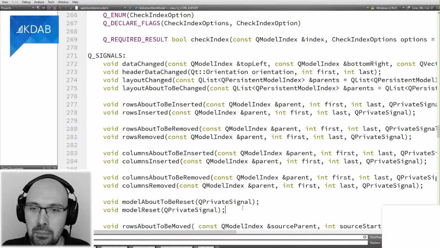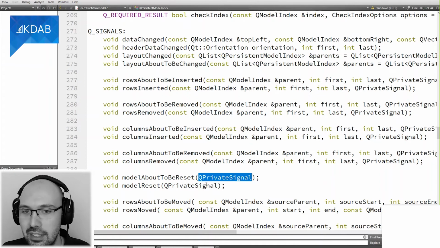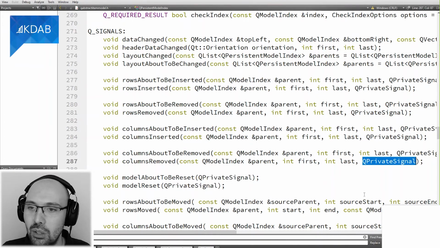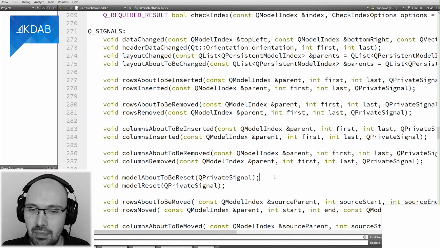And you may spot that in several of these signals, not all of them, but several of them, these signals carry a last argument, or in this case, just the one, called QPrivateSignal. You see that? It's a little bit all over the place. Here, okay, these two signals have only that argument. So you may be wondering, what is this all about?